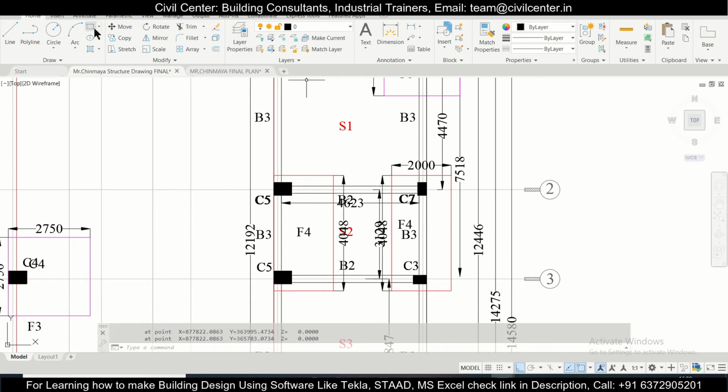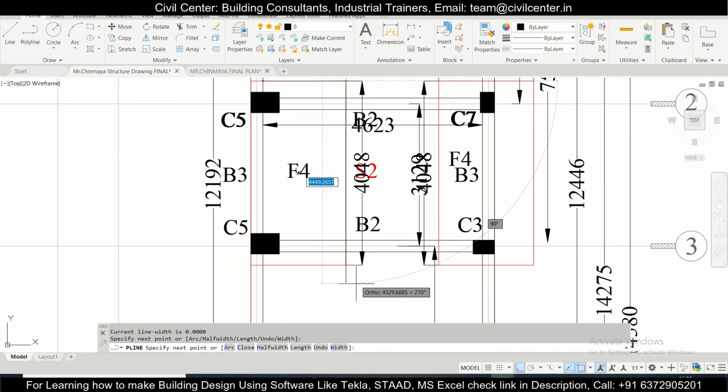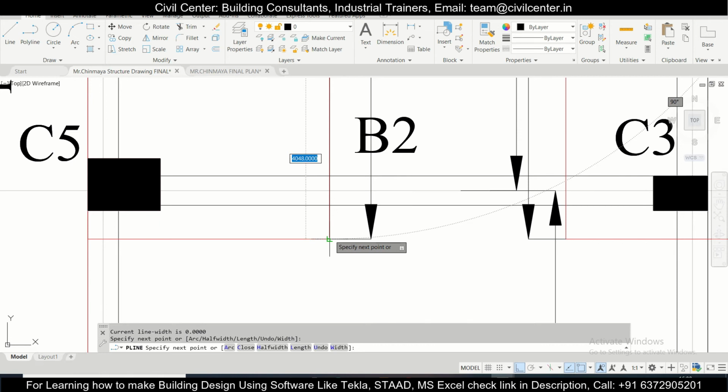So for the F4, I'll just calculate this polyline, starting from here to here to here to here.